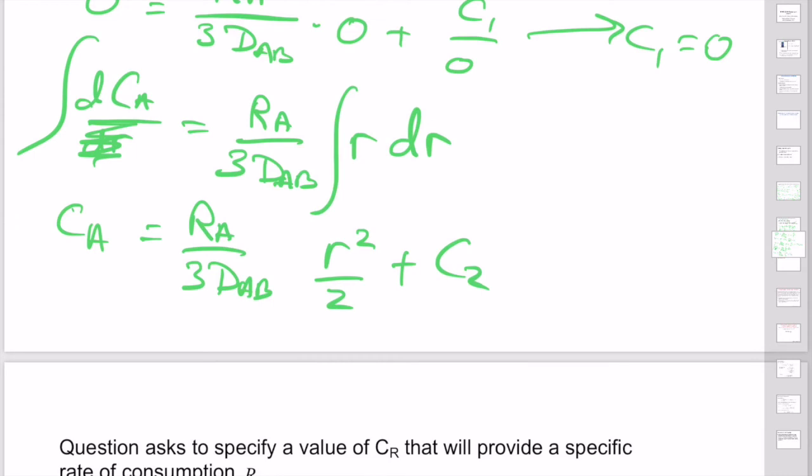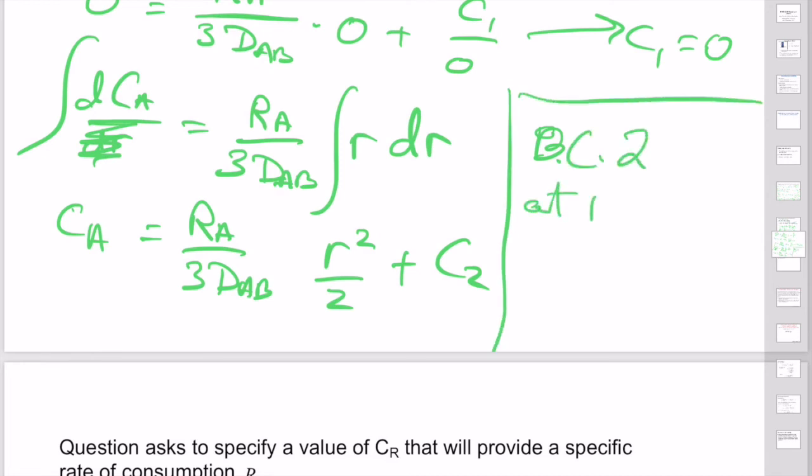All right. So now we need a second boundary condition to get rid of that second constant. That's right. And we're going to just say here's my boundary condition. I need space over here. Boundary condition 2 at r equals big R. That's the only place we have left, the surface. We're just going to specify CA is equal to,